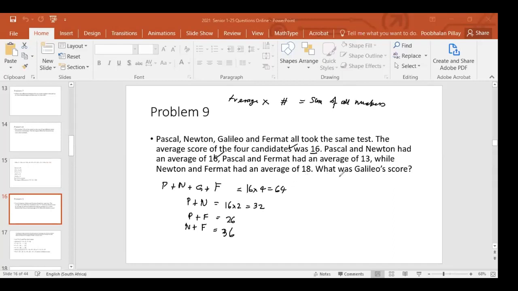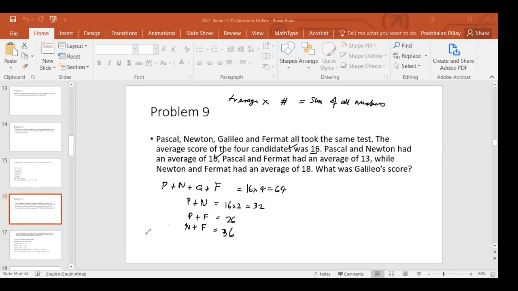So the question is, what is Galileo's score? We don't know what Galileo's score is. But if you look at all these equations, Galileo doesn't feature here at all. Now, very often, I think we have seen this before. It's a favorite trick that people use to solve equations in several unknowns. Because these equations, they all look the same, right? The trick is often to either add everything or multiply everything. And that usually gives you a new equation, which can be used very effectively, as we see here now.